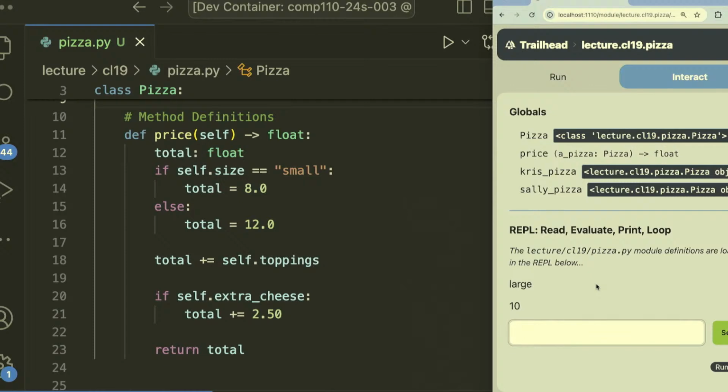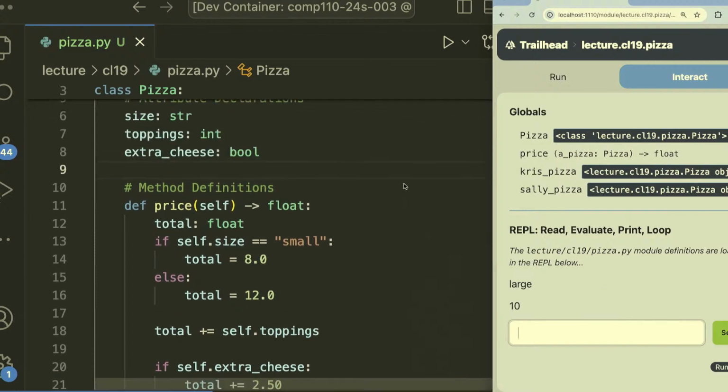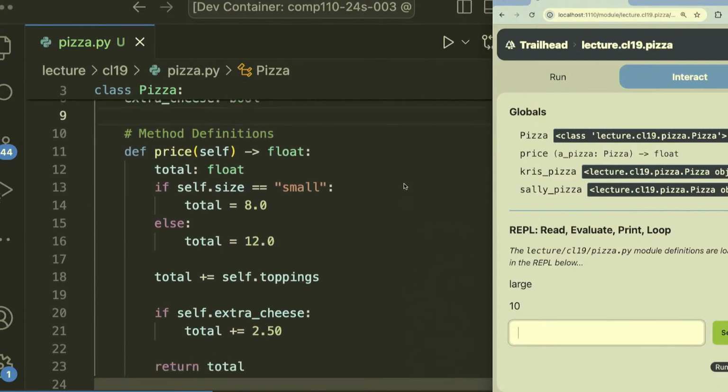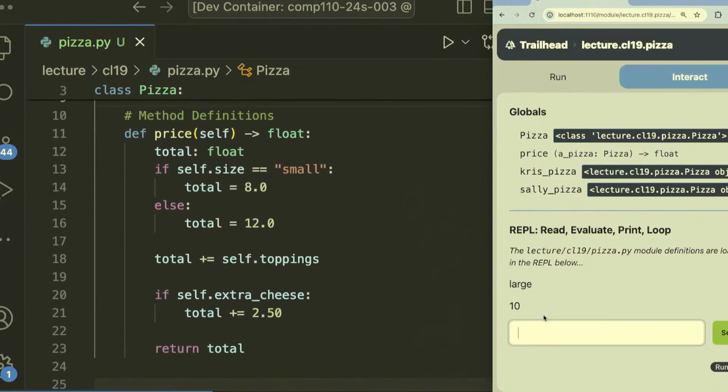So we know that we have this special parameter named self, and self is a reference to the object that the method is called on. What does that mean? Well, now that we've defined this method, what I'm trying to convince you of is that now every pizza object has the ability to respond to a method named price. So chris_pizza.price. And notice that in my REPL here on the right-hand side of the screen,